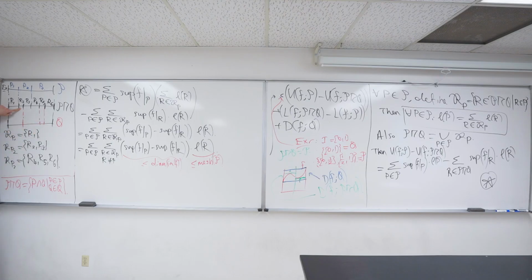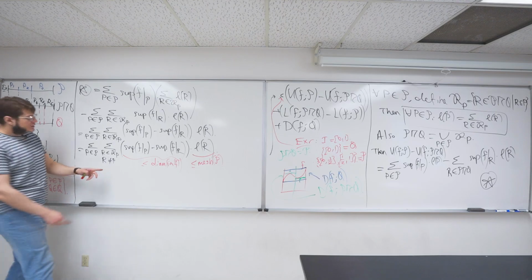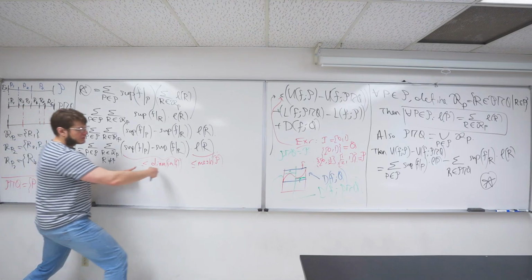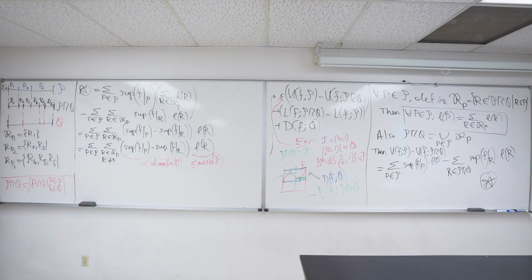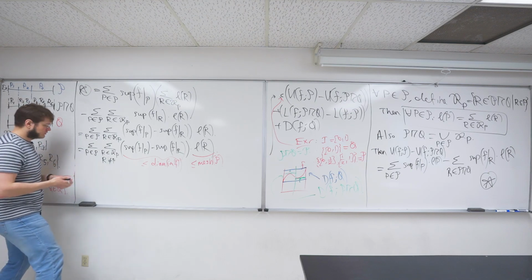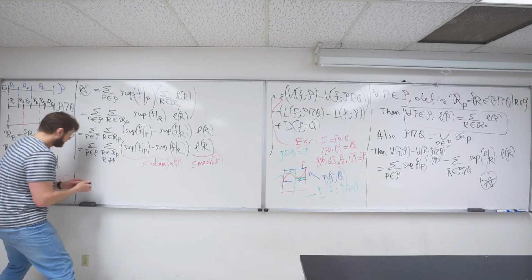How many cut points are there in Q? If Q has n elements, cut points have to be n minus 1. Each cut point in Q could contribute at most 2 new pixels. Meaning, I'm adding this constant term at most 2 times the number of pixels in Q minus 1 times. So this is then upper bounded